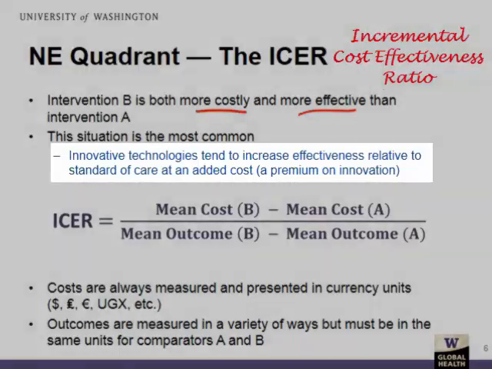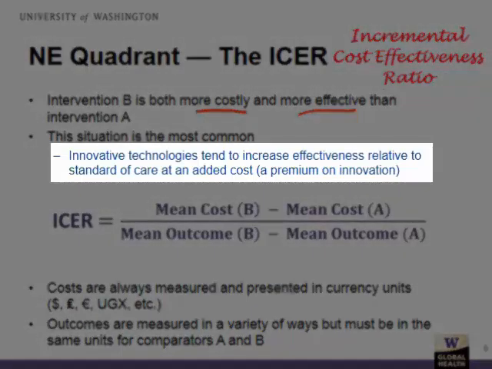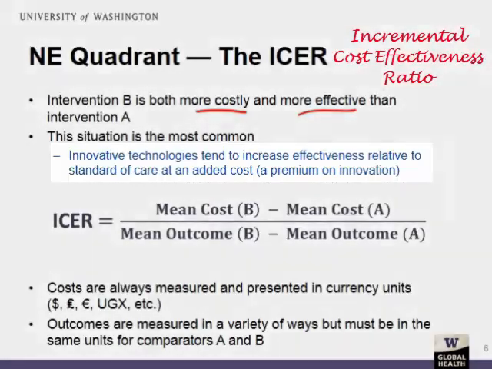So innovative technologies tend to be in the northeast quadrant, because there's a premium on innovation. A drug company isn't going to make a new drug and sell it at a low price relative to the standard of care, because presumably their new intervention is actually providing some